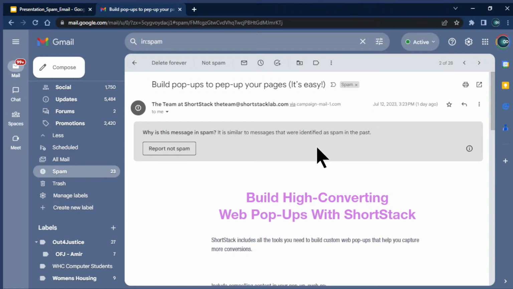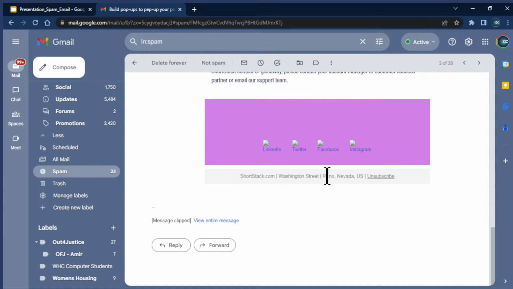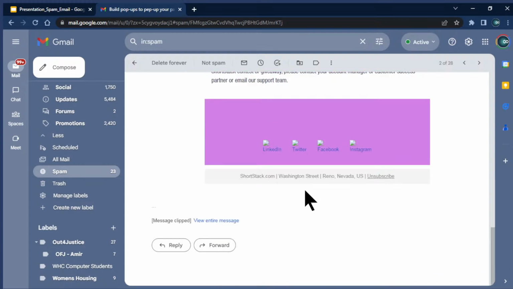Now, when you do get emails like this, whether it's in your spam folder or whether it gets sent directly to your inbox, emails like this should have the option to unsubscribe. So in order to unsubscribe, in most cases you scroll down to the bottom of the email, and they should have a link that you can click on to unsubscribe. Just like this one here, they have a link that I can unsubscribe. Once I unsubscribe, I should not get any emails from them at that point. Okay, shouldn't get any more emails from them unless they change their means.